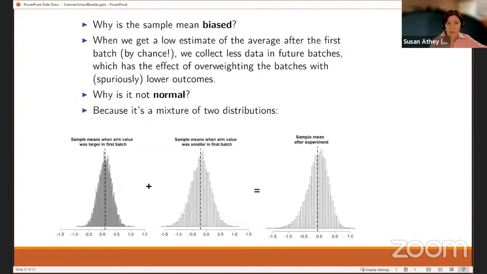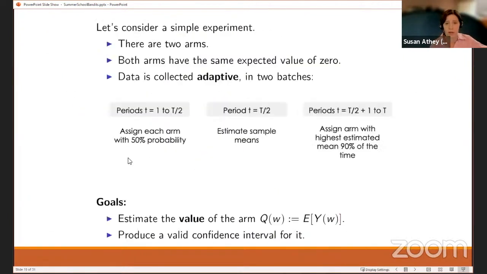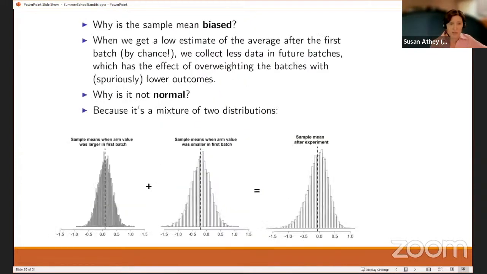So going back to our previous experiment, if we think about the way that this data was collected, in the second batch, one of the arms would be pulled only 10% of the time. But we would divide by that probability to upweight those observations. And what it basically is equivalent to doing is saying, in this second batch, I'm going to take sample averages, and I'm going to equally weight the sample averages from the second batch with the sample averages from the first batch. So the problem before was that I had a low arm, and then I just threw in a few more observations on it. But now I'm going to upweight those future observations. So now I'm going to get back to something unbiased.